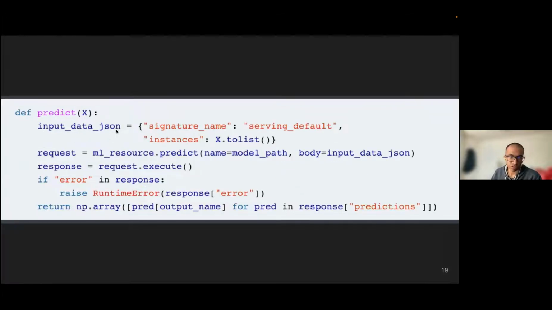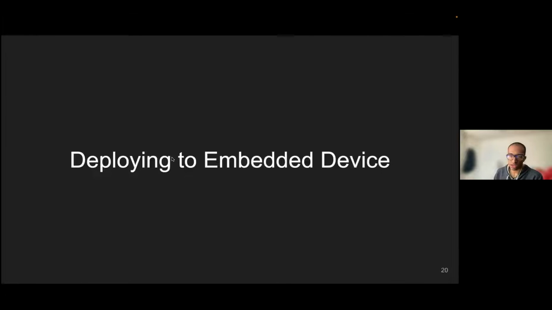Here you'll notice this is the same format we used to create a payload, but instead of using requests.post, we're using the client that we created, called predict. Other than that, it's basically the same, but it's all secure inside Google's cloud environment, so you don't have to expose it to the outside environment. That's basically all I had about